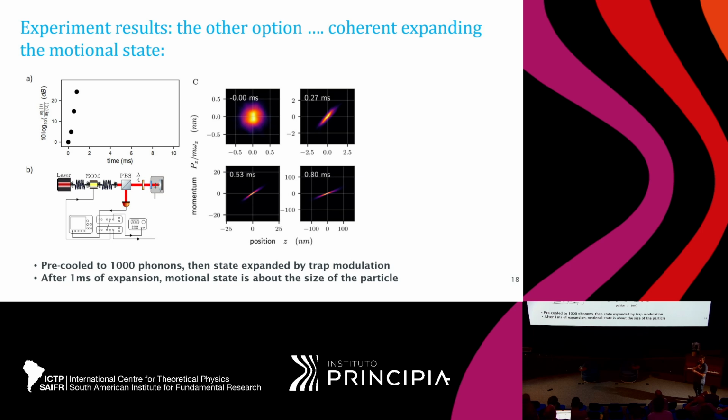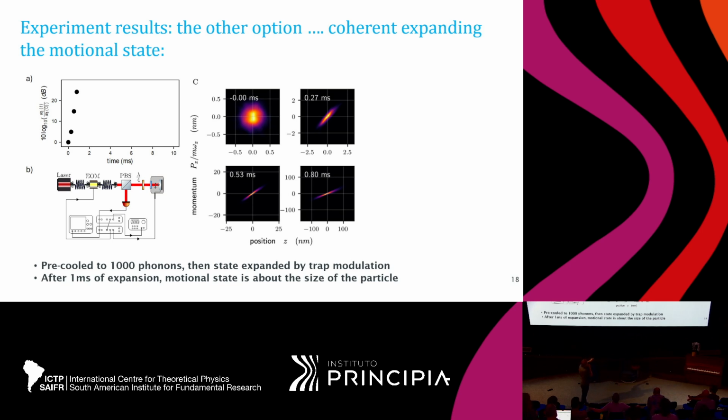So that means what we have done, in simplified language, though it is not entirely correct to say it like this, is we take the wave function of this particle, which is super small because we cool it, and we get into this regime where it is really a quantum feature, and then we use this expansion operation to make this quantum state, this wave function, larger than the size of the particle itself. And that's super cool because now we can, for instance, also use this as a precursor to then overlap it here with the beam splitter,